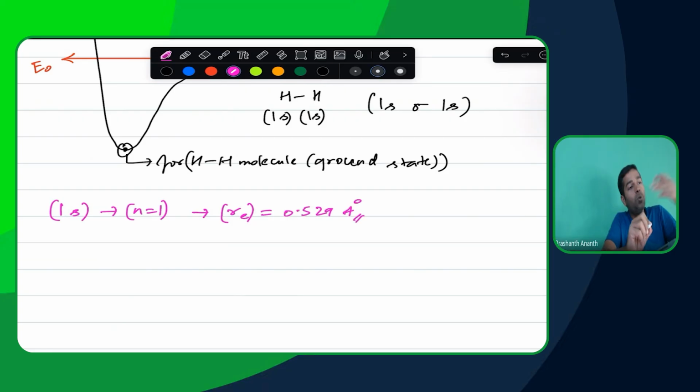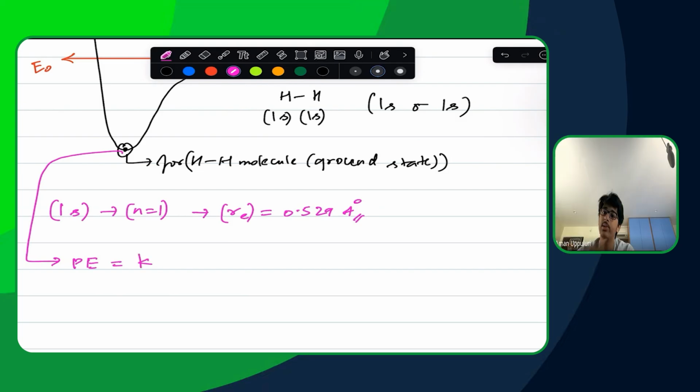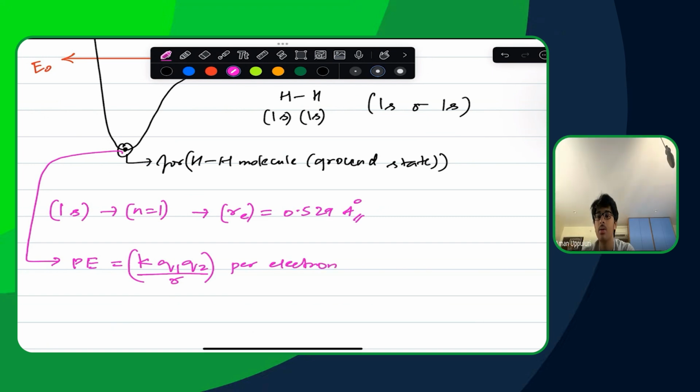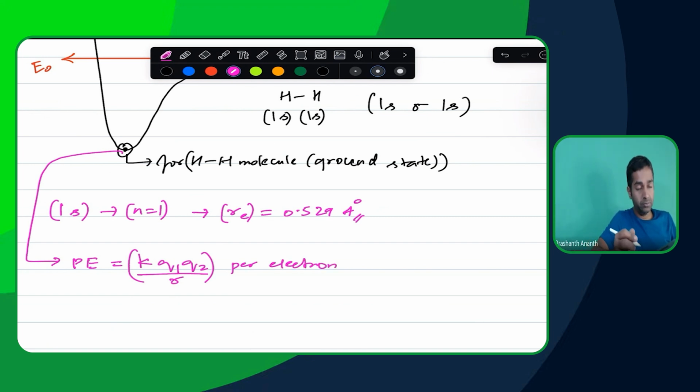So you're asking us what is going to be the potential energy of the electrons present at this stage. At this location, what is the formula for potential energy? Minus KQ1Q2 by R. This is per electron. So we're going to be having two of them here, correct? Yes, sir. So we're going to be having, in this particular case, 2 into